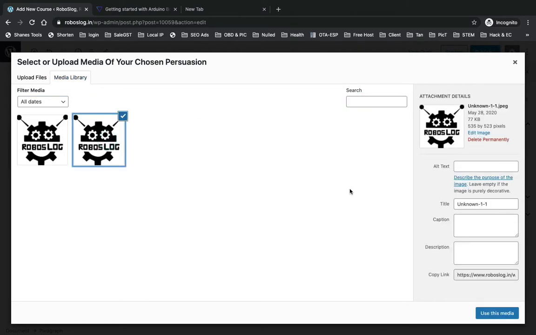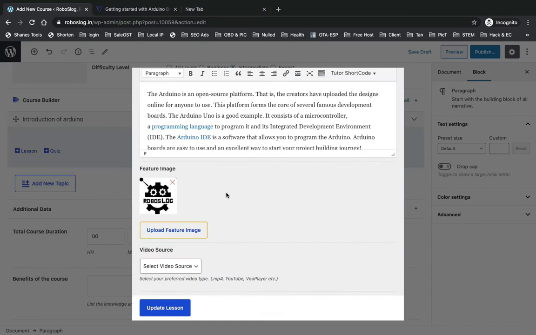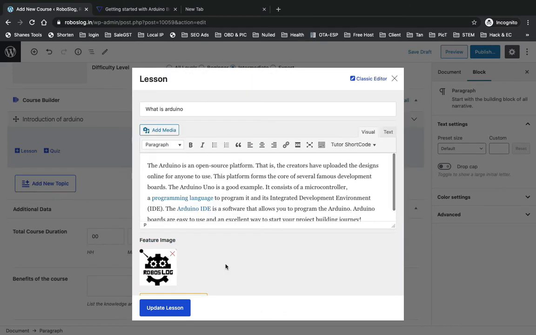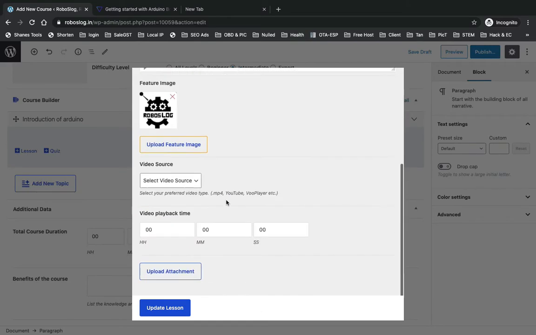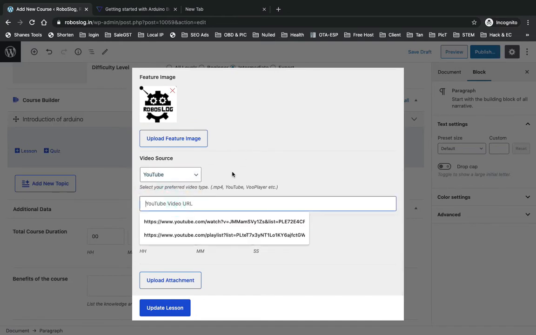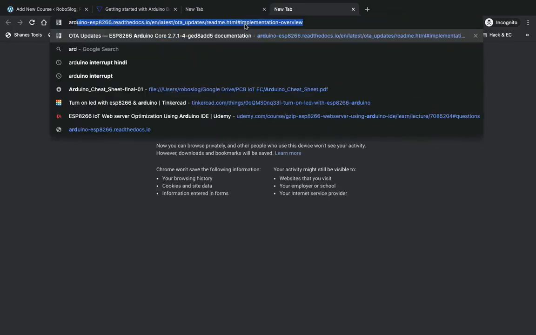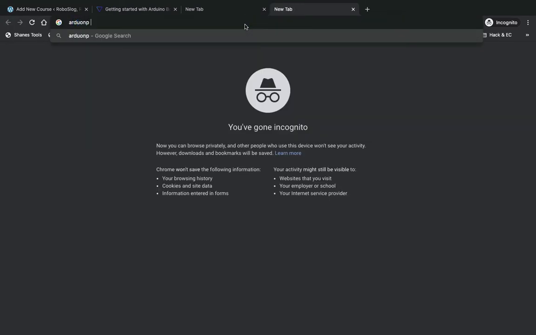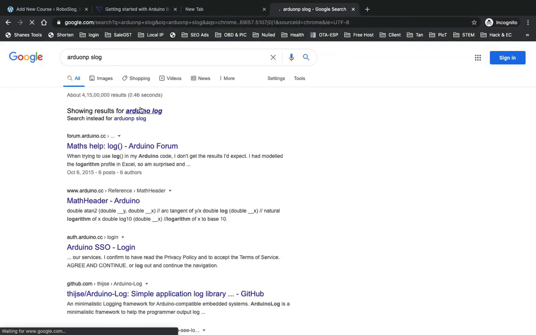if we have any. For example, for now, let's just give this image in place of Arduino. In the source you can give a YouTube video, an Arduino YouTube video. So let me give an Arduino YouTube video.